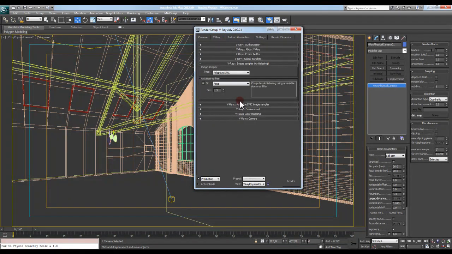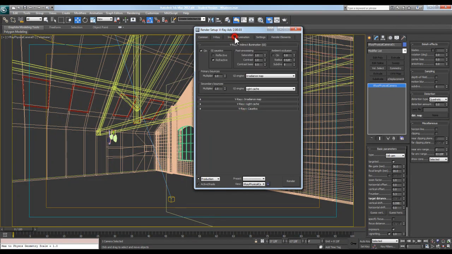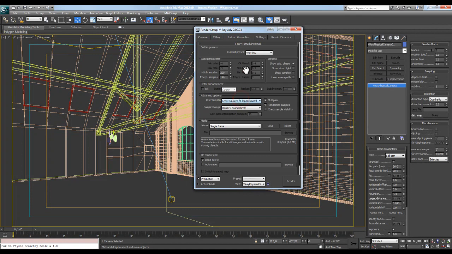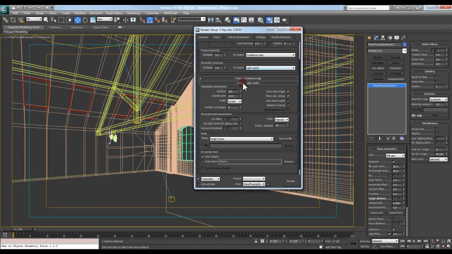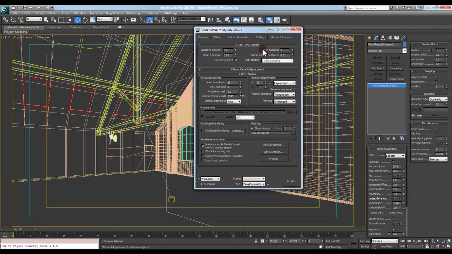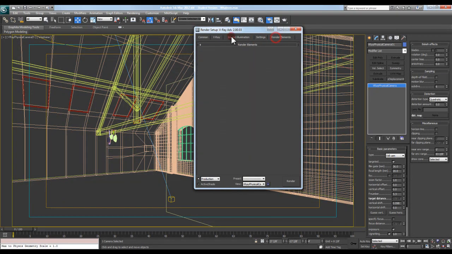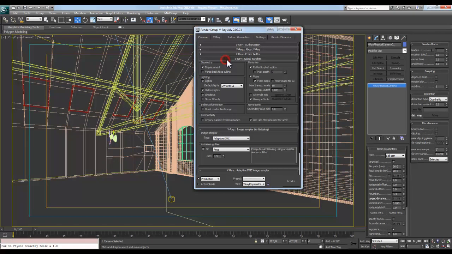And I think I've already gone through and optimized all of these settings. I have another video up on YouTube that you can watch in terms of optimizing all of the settings for your different areas, but I've already done this for this file. What I want to do though is come in